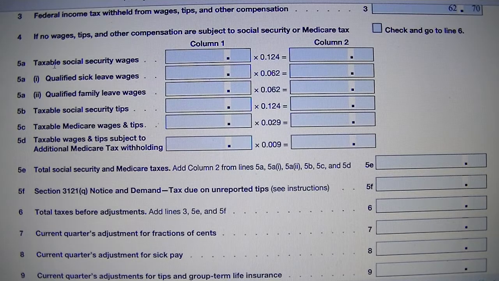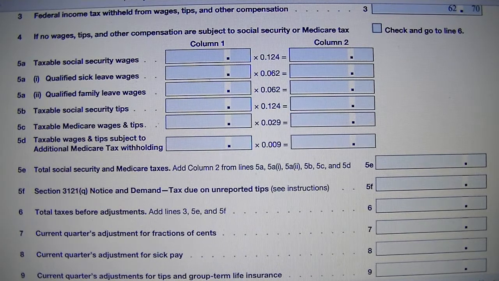So line 5, and I will say that if you are the only one in the business and you want to take your salary at the end of the year, then for each one of the quarters you are filing for, because you have to file your Form 941 whether you have wages or not, everything will be blank, 0. Line 4 you will check it,